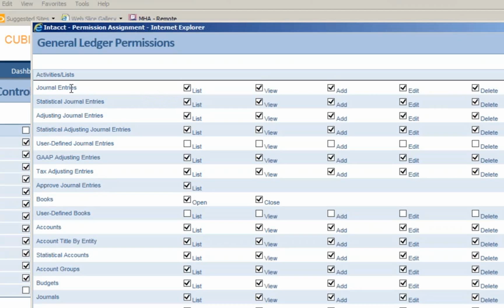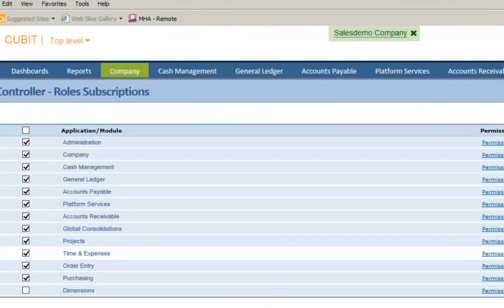The other thing to consider is this area up here where it says journal entries. Perhaps we would like for Carla to be able to not only list those journal entries in the normal list view section and view them, but possibly go ahead and add journal entries herself, edit and delete, and possibly reverse. So this might be an appropriate measure for her to have as well. Okay? Now, in contrast to that, I'm going to show you